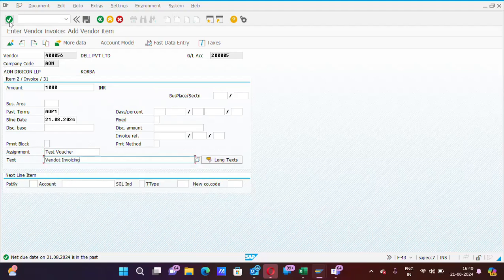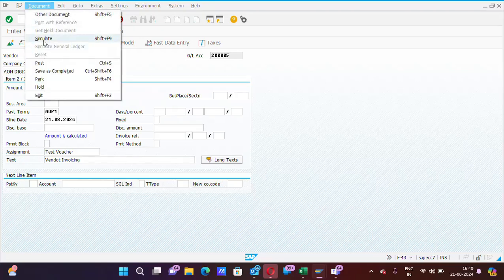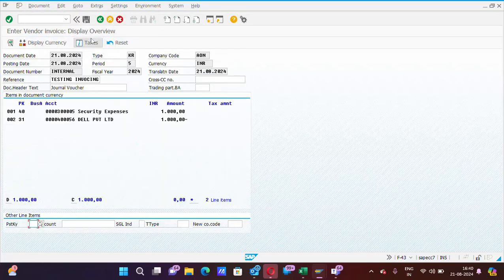Then you need to go to document and press simulate, or the shortcut is Shift plus F9. You can see our invoicing is ready to post. Expense GL is debit and vendor is credit now. So please post.